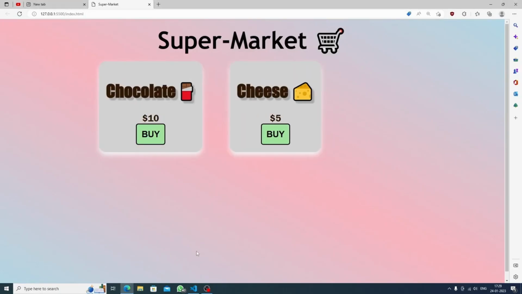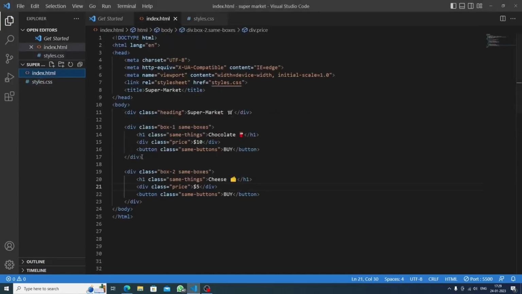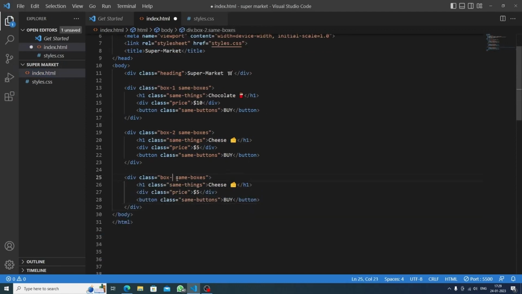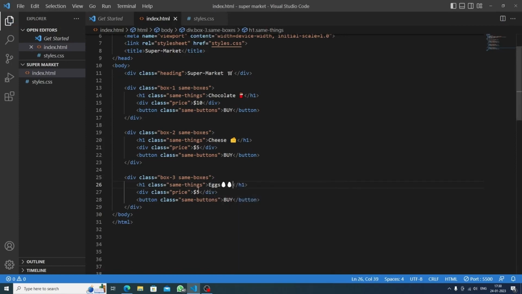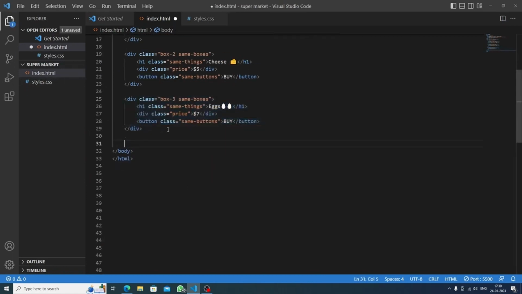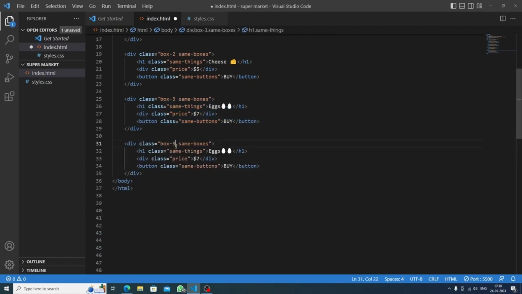Okay, I think now it's looking good. Now we will go to our HTML again. We will copy this and paste it again, and we will just change the box number, box 3, and let's change the item. We will name it, let's say, eggs. Let's set the price to $7. Let's save this, and first we will do the copy and paste thing in HTML, so it will be good,